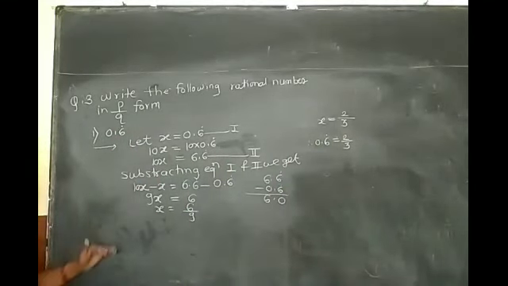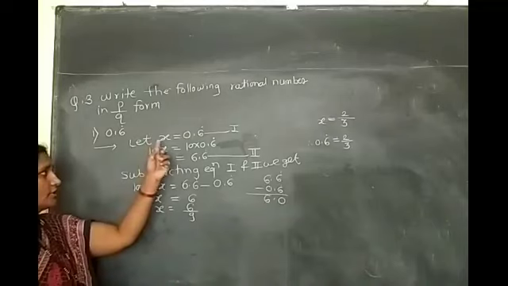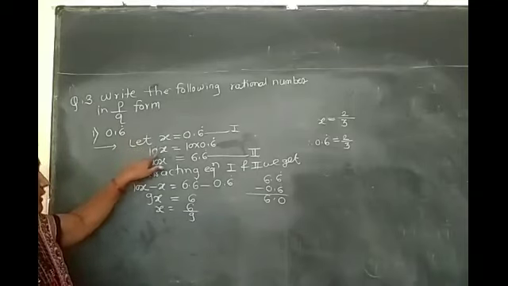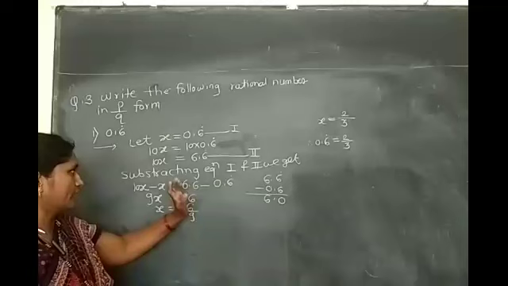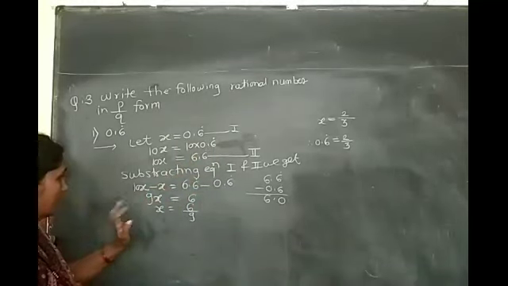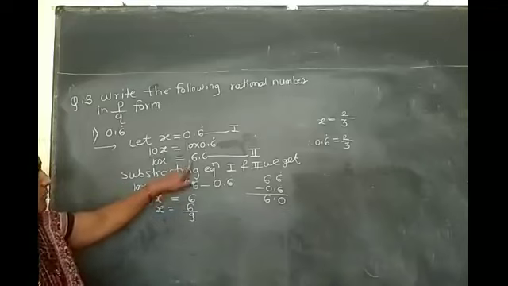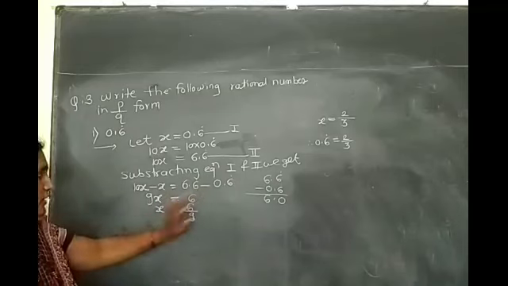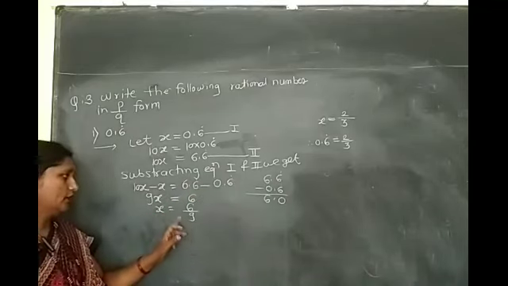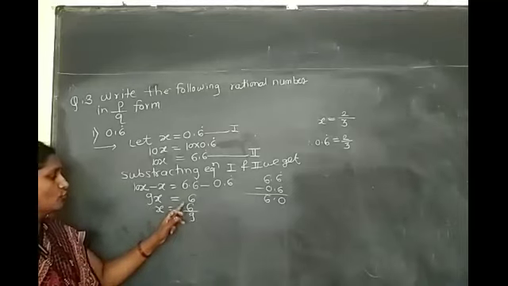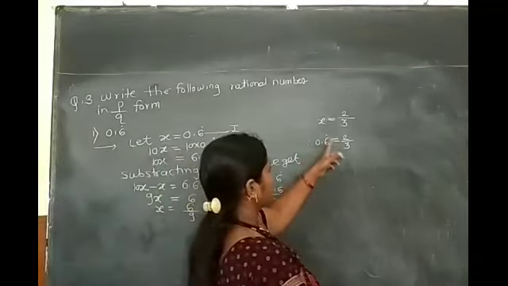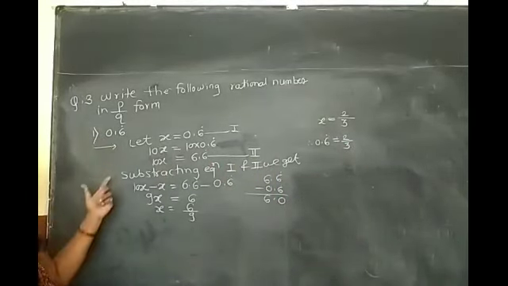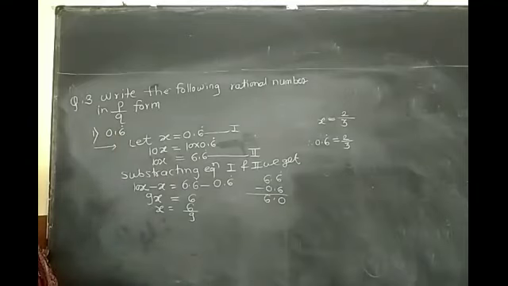Look at the example. In this example, 1 decimal point is recurring. First consider x. x is equal to 0.6 recurring. Then multiply this by 10. 10 into x, 10 into 0.6 recurring. The multiplication is 6.6 recurring. Then 10x minus x is equal to 6.6 recurring minus 0.6 recurring. Here the subtraction is 9x. Here the subtraction is 6. x multiply goes to the divider. Then simplification by 3, 2 by 3. Then 0.6 recurring is equal to 2 upon 3. Then the given example 0.6 recurring in the P upon Q form is 2 upon 3.